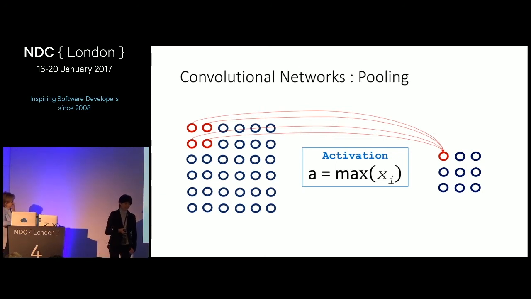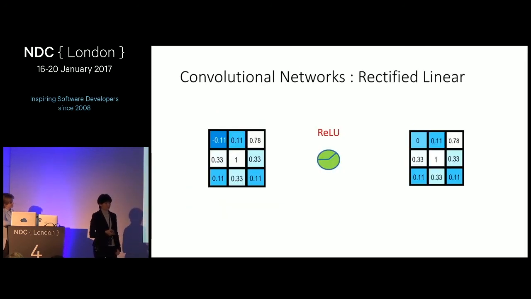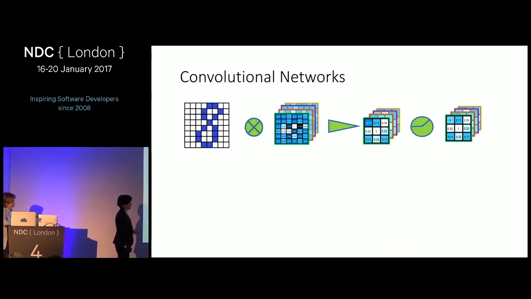Activation function is maximum, and the weights are 1, because we don't manipulate any values inside the input nodes. We just choose the maximum as is. So that is pooling. Next layer is rectified linear. Behind a very scary name, I don't know who invented these names, really, the mathematics is really simple. Take all negatives, replace with 0. That's it. That's what's behind it. Just replace all negative values with a 0. The role of the rectified linear unit is actually to improve mathematical performance.